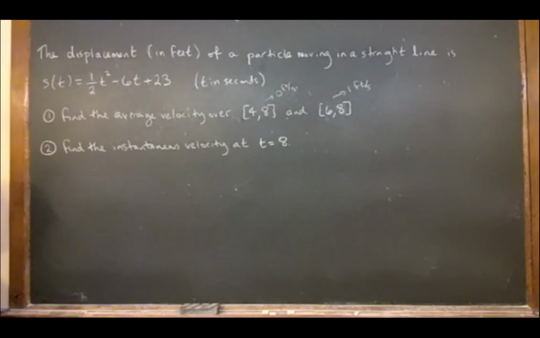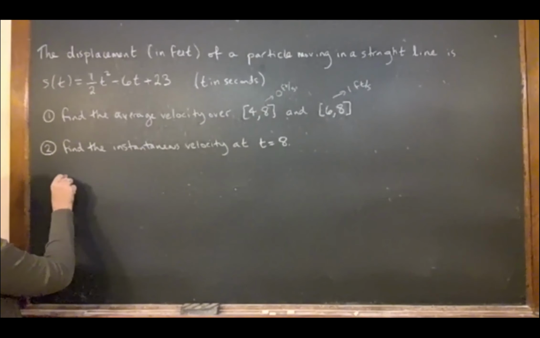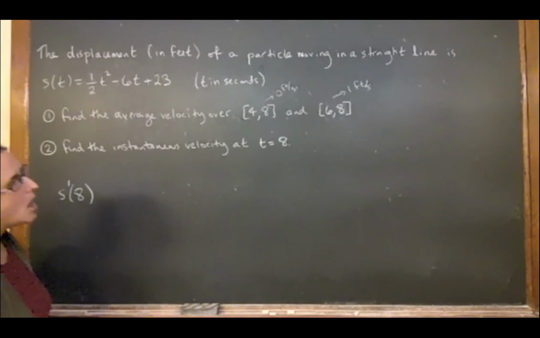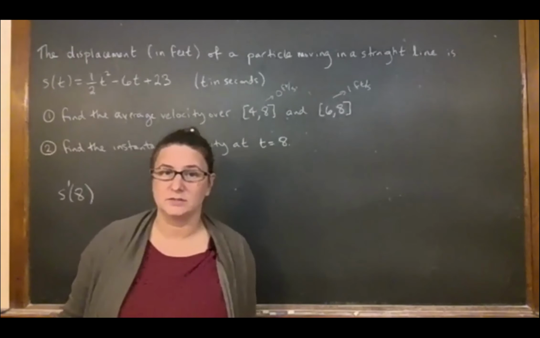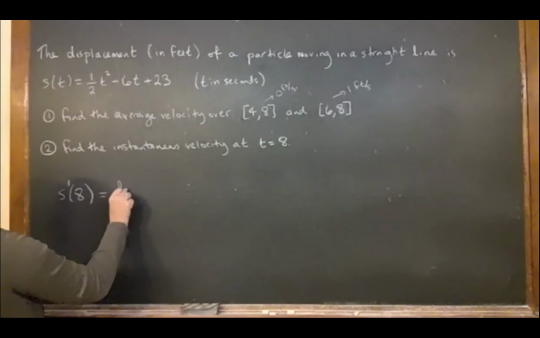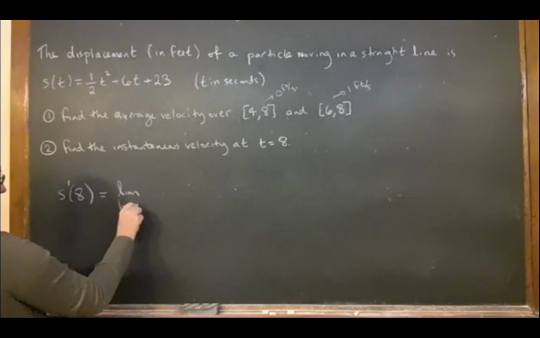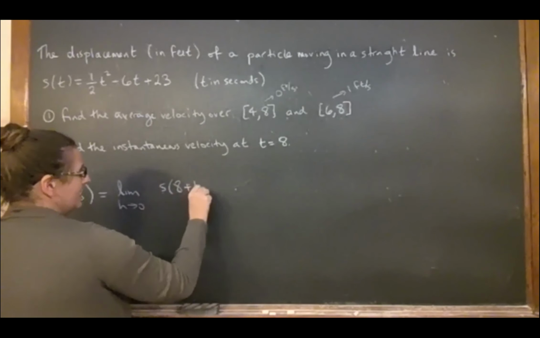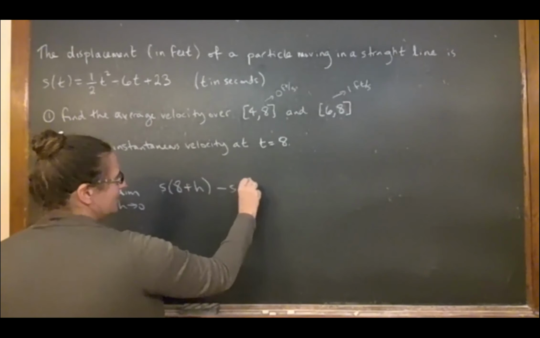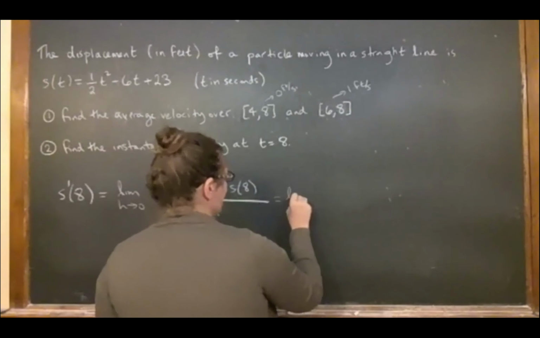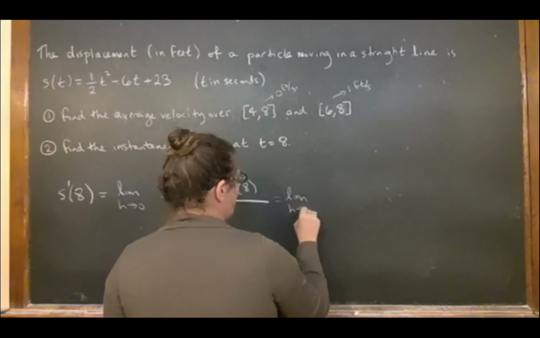Now for number 2, we want to find the instantaneous velocity. So exactly, we said that that was the derivative, s prime of 8. And in fact, often we call it velocity v, so v of 8, but I'm just going to call it s prime of 8 now. So I want the limit as h goes to 0 of s of 8 plus h minus s of 8 over h. And I then just put all of this stuff